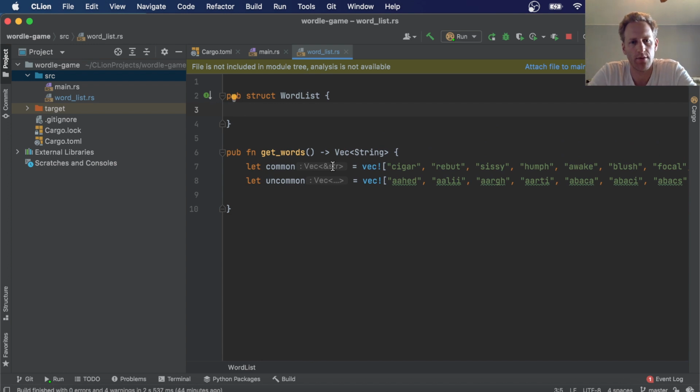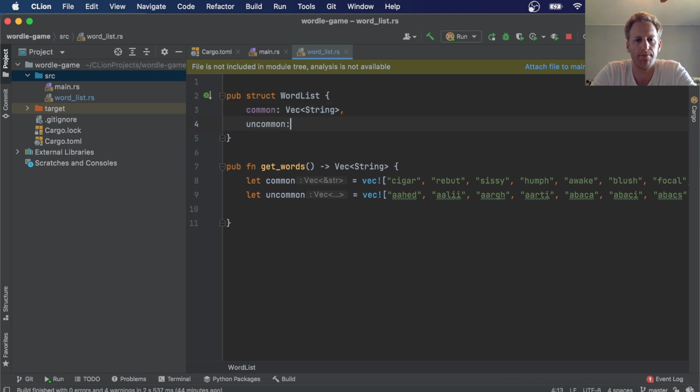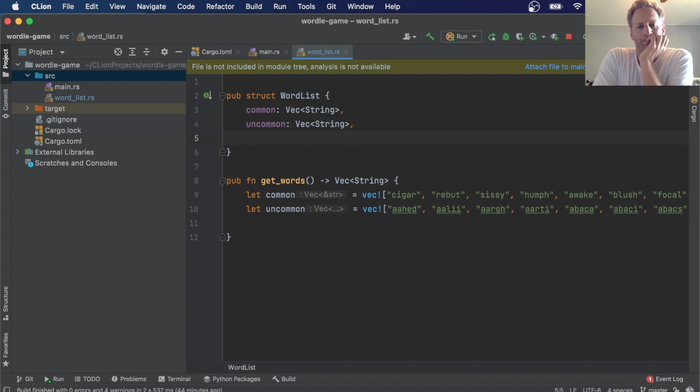So I have common, uncommon, and then we want all the words too. I guess we want to hash it so we can look them up to see which words are valid. So that will be